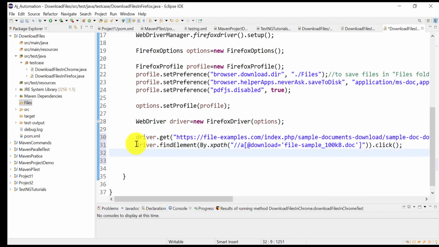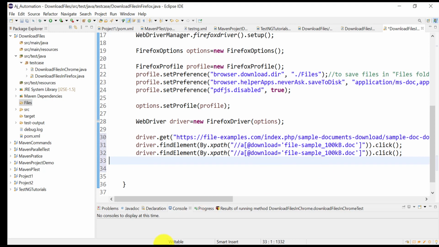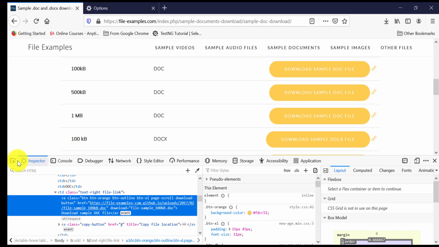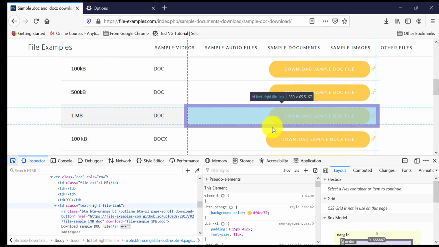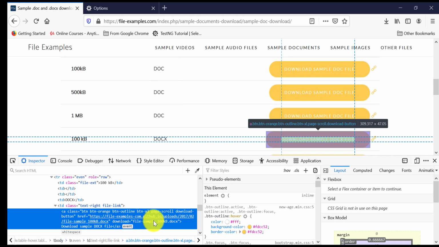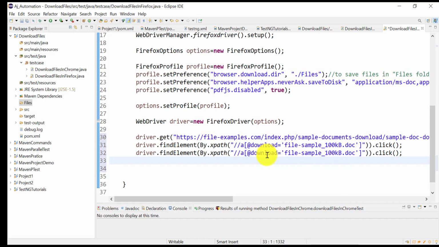Similar for docs, let us go and check. For docs we need to inspect this button. It's only 100 KB docs, so we only need to change this value. Okay, this is for docs.